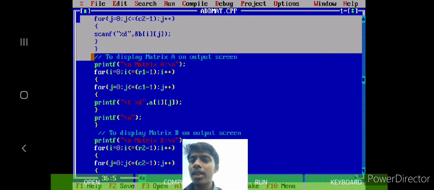After entering the elements into matrix A and B, we display matrix A and matrix B on the output screen.